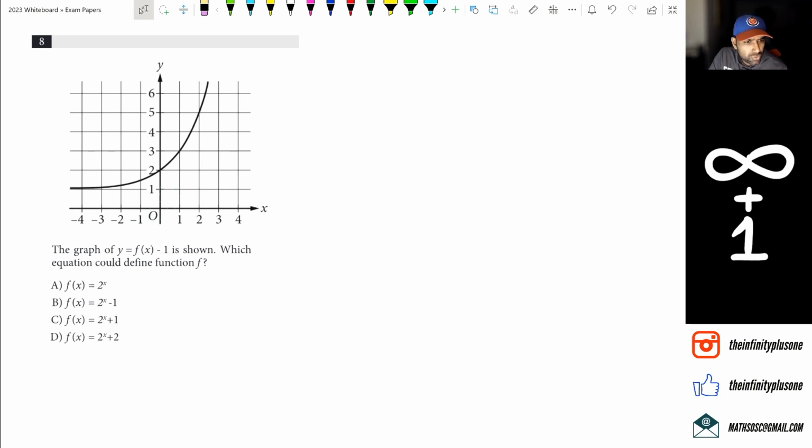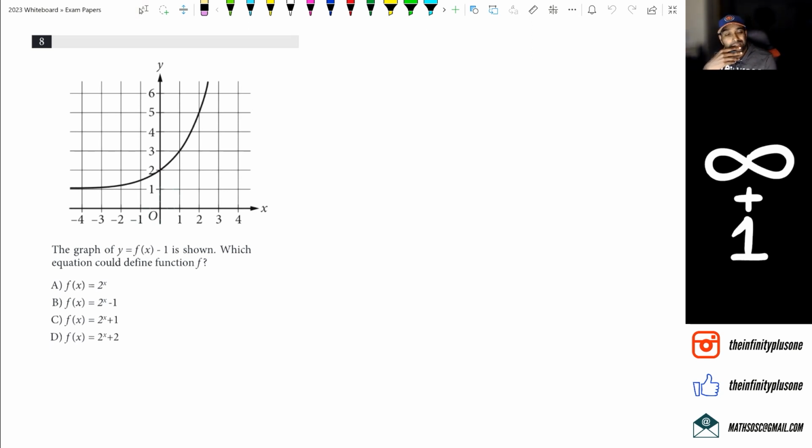All right, so what do we got? Graph of some function f of x is shown, which could, okay, so we've got 2 to the power of x. Now, look, I'm going to be honest with you guys, looking at this, we can straight away pick out which graph it is, and the way we kind of do that is, yeah,